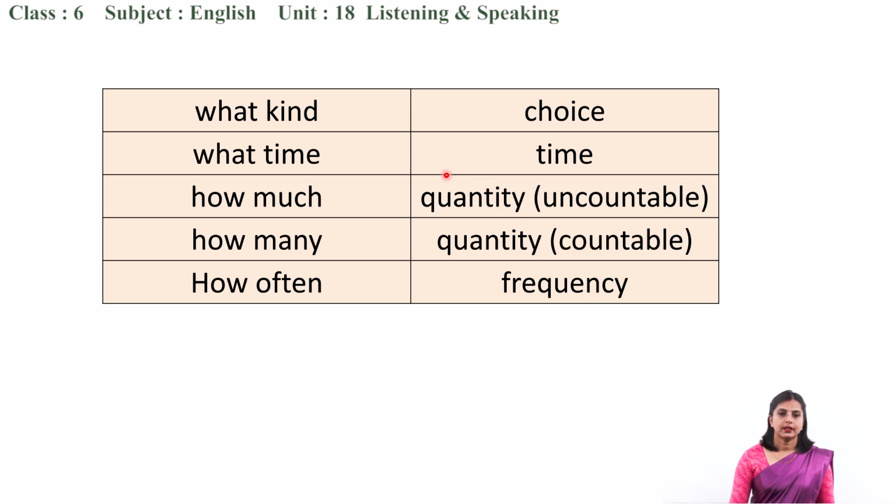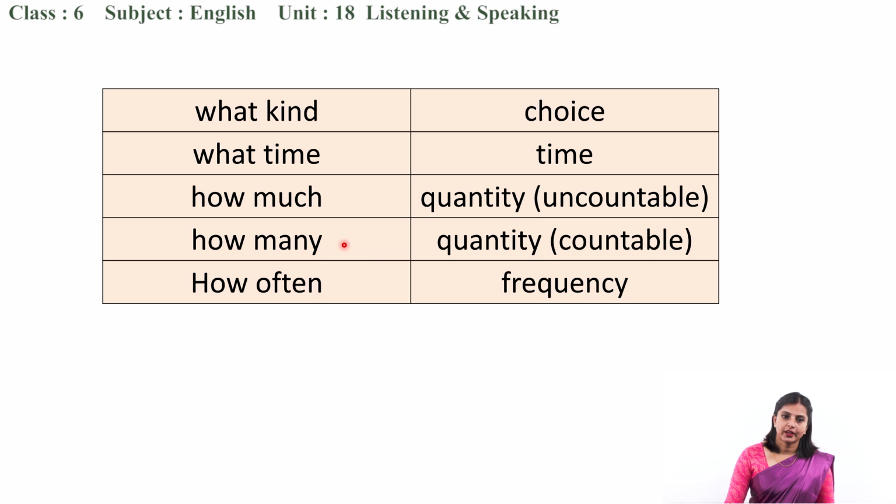Like this. The next is how much. How much is used for the quantity. Okay, it is used to give the information about quantity, but make sure that should be uncountable. Like how much water do you drink in a day? How much time do you need? How much food do you eat? How much vegetables you have brought? All right, so we use how much to ask the question about quantity of something, but that is for uncountable